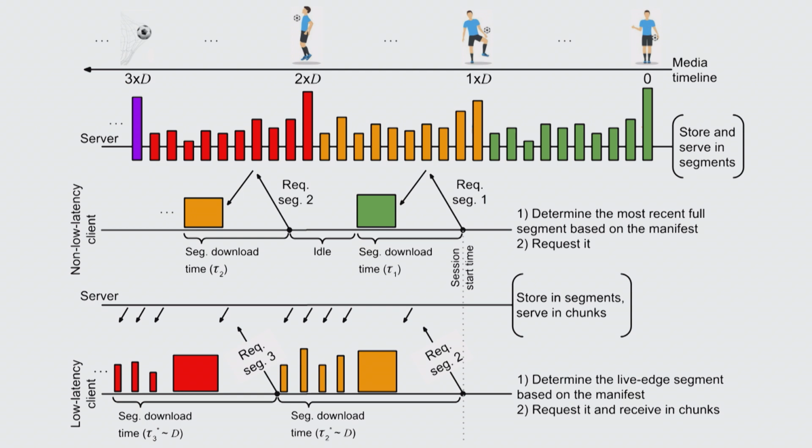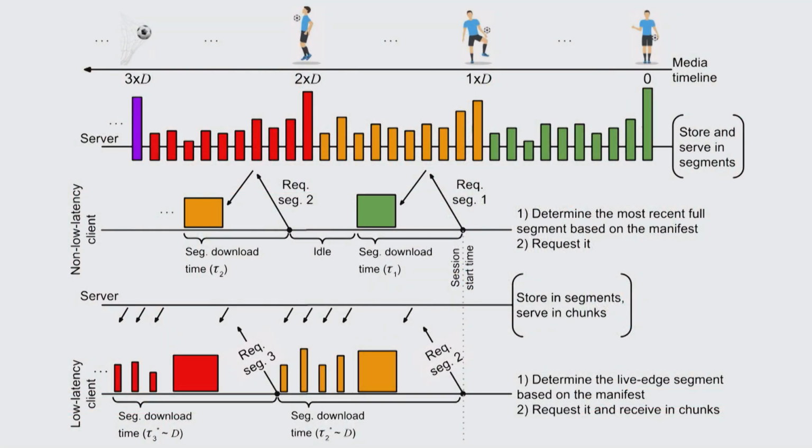Now, the low latency client makes a request, and whatever is available on the server until that time, it will get in batch. But as soon as the server runs out of data, because the data is not generated yet, it's a live application, it will generate the chunk and then send it off. So we will get a network transmission as shown here. The first larger batch, whose size depends on your request time, is going to be a bit larger than a few chunks, and the remaining chunks are going to be just chunk size.